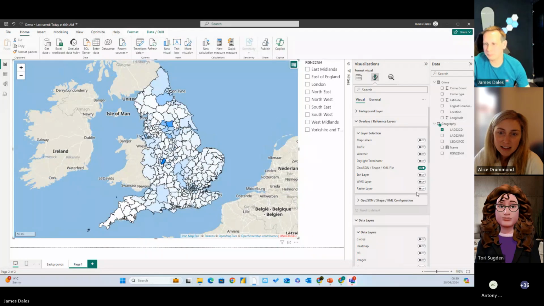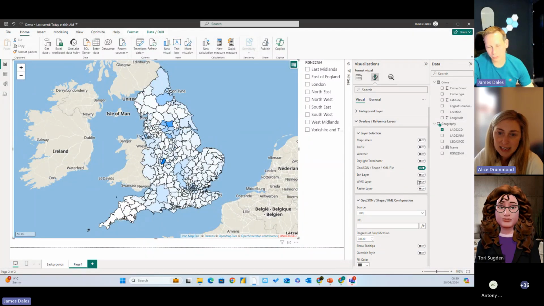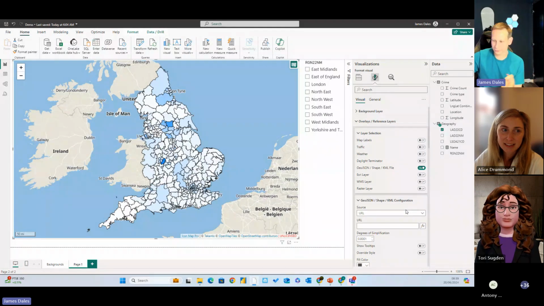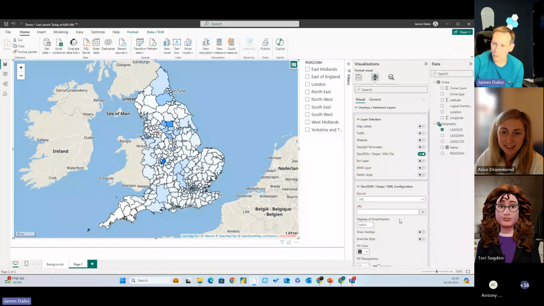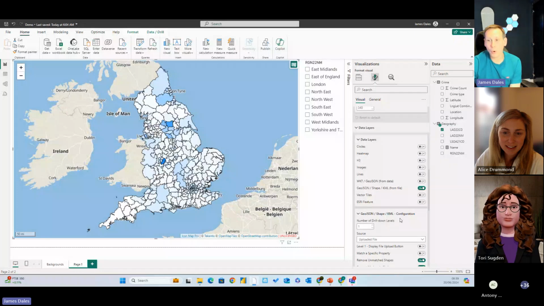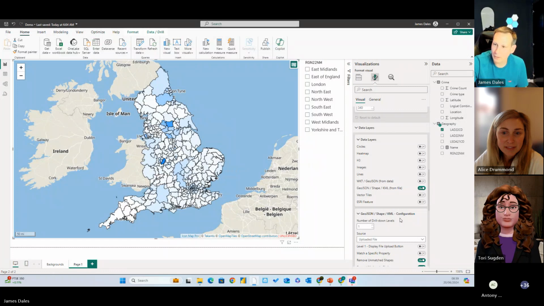So as an uploaded file, you can only do one. The problem with uploading the shapefiles is, of course, they bloat your Power BI desktop file. So if you're loading 5 meg files, you're potentially increasing your Power BI desktop file by 25 meg, which you don't want to do. You can switch between different layers using conditional formatting if you host it externally, or rely on well-known text. Or, of course, if they're using ArcGIS, then